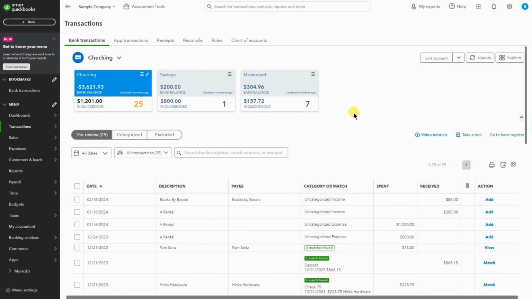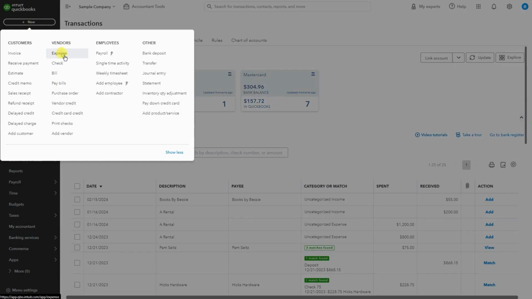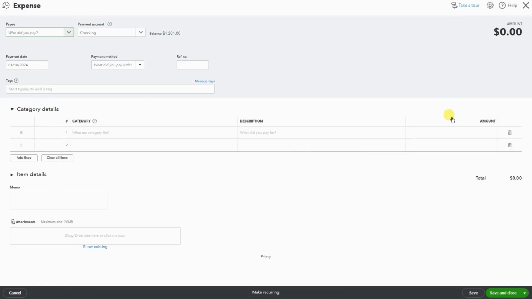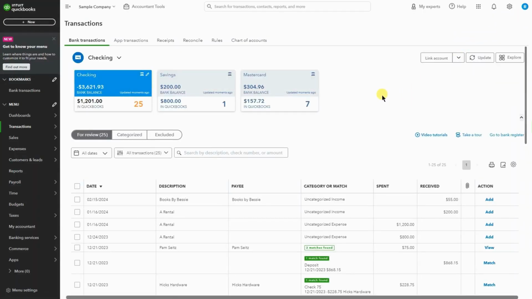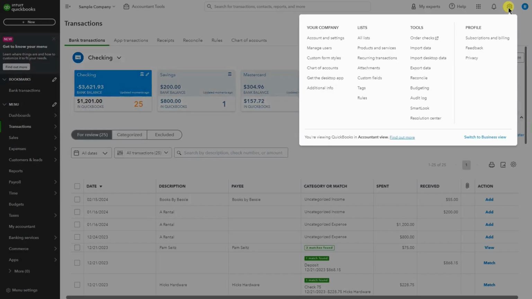Okay, let's get started. So, if you're trying to track expenses by customer and you're going to New and Expenses and you don't see the customer column to track this expense by the customer, let's exit this. What we're going to do to turn it on is go to the top right hand corner and click on